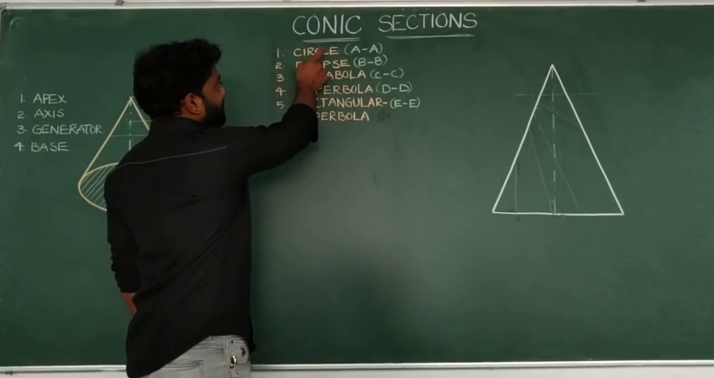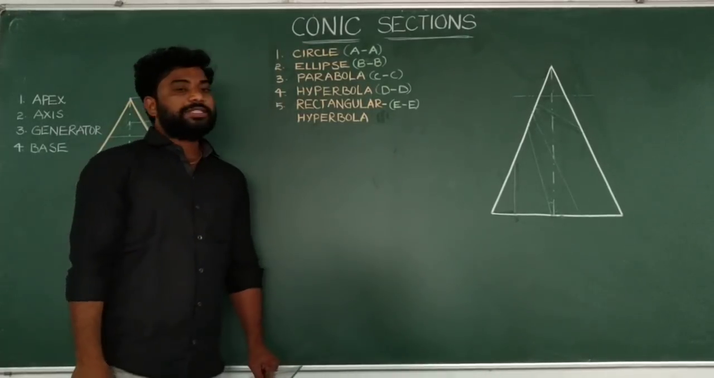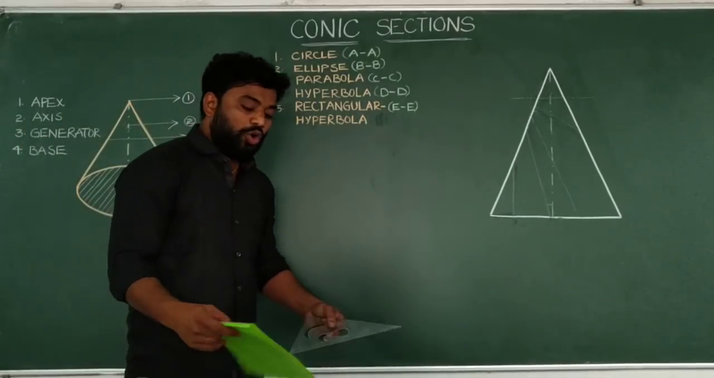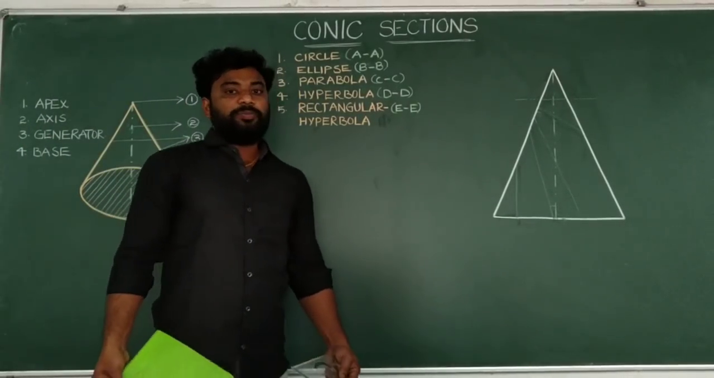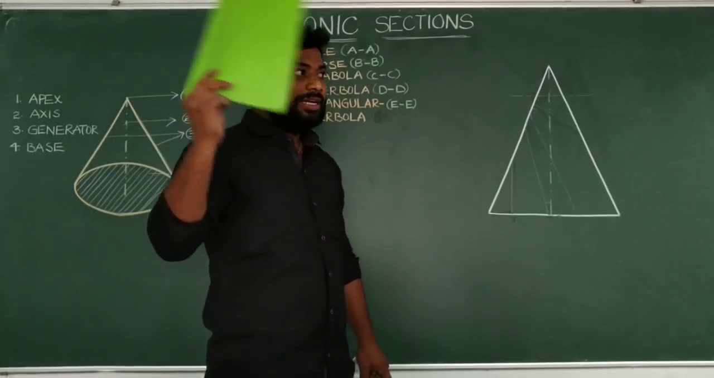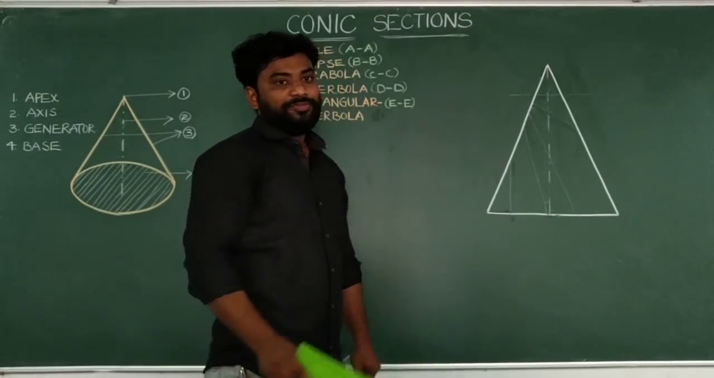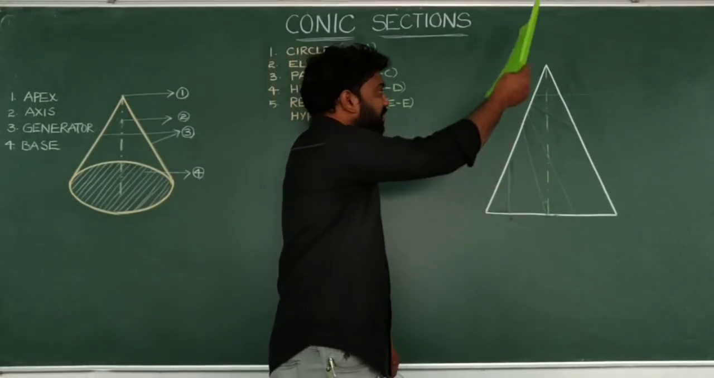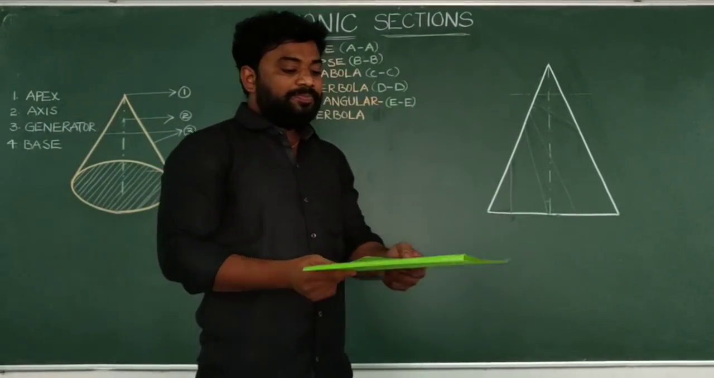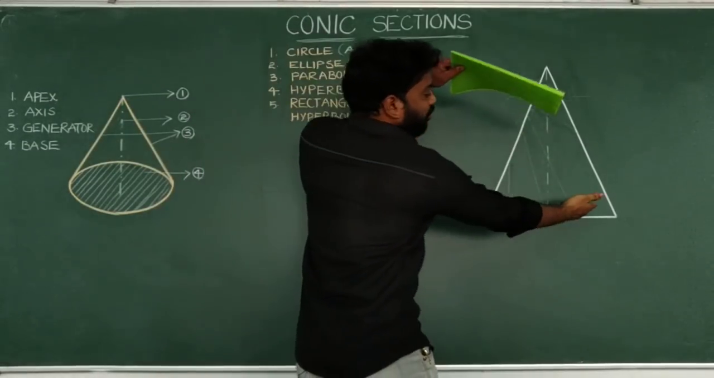The first one is the circle. Let us see how the circle is obtained, that is, how to cut the cone with the help of a sectional plane. For that purpose, I am taking a sectional plane, which is also called a cutting plane. Here we have the cone in front view, and we can cut the object such that the sectional plane position is parallel to the base,